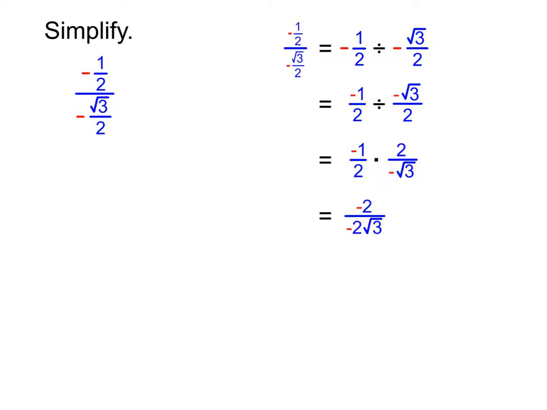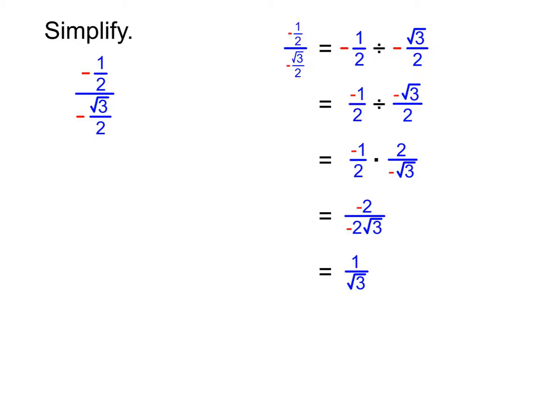And so the negative 1 times 2 on the top gives us negative 2 over 2 times negative root 3 gives us a negative 2 root 3. Now looking at that, notice it can simplify. It can reduce a little bit because I have a negative in both top and bottom, and I have a 2 in both top and bottom. So I'm going to divide top and bottom of this fraction by a negative 2. That gives me 1 over root 3,